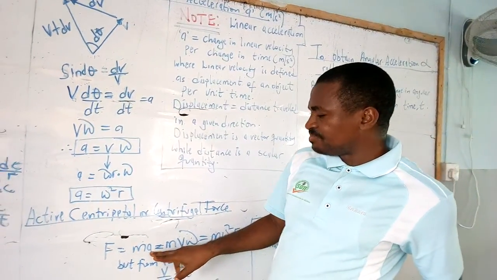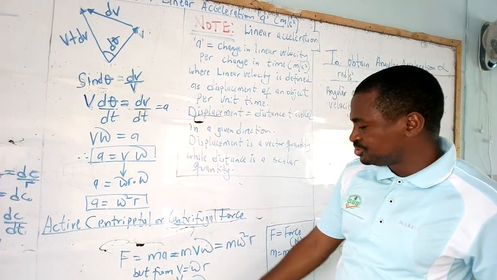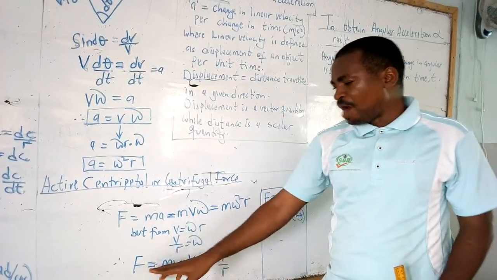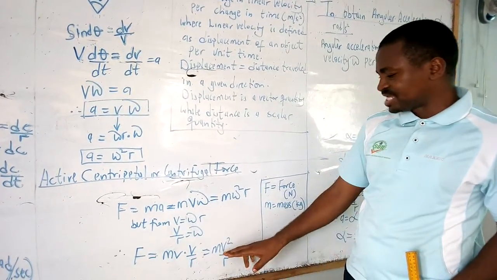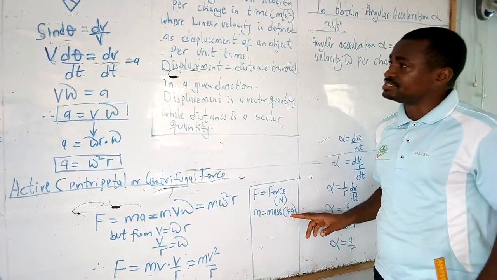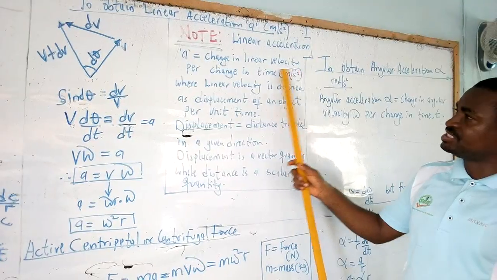And we have established before that our acceleration can be expressed in these two formats. By substitution, we have these arrangements accordingly. Therefore, our centripetal force or centrifugal force is given as mv squared over r, where force is measured in Newtons and mass in kilograms. Note, linear acceleration is given as change in linear velocity per change in time,